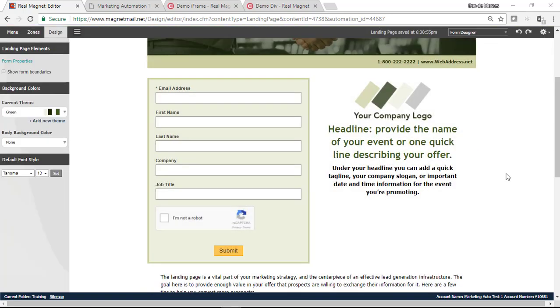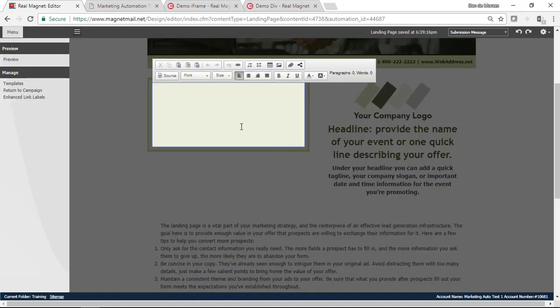Now my next decision is going to be, what do I want to appear for this form after someone submits it? Do I want to have a submission message? We'll come up here under Form Designer and pull down and go to Submission Message. And this is what the form will be replaced with once someone hits Submit. So I'll come in here. Let's give me a little space here and some sizing and do all my design here just like a WYSIWYG